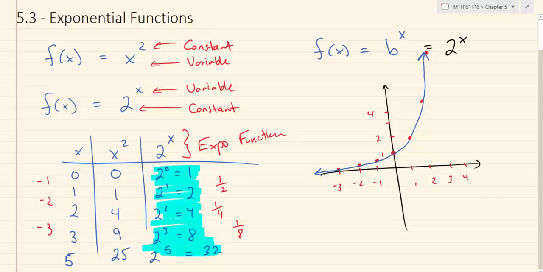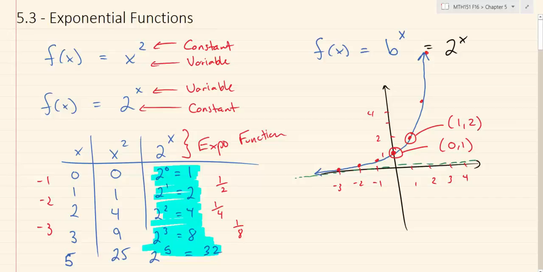How does that graph behave as you go out to the left? The y values get closer and closer to the x-axis, but they never cross it. So there's an asymptote there. A couple other interesting points on this. This point right here, this is 0, 1. The other important point is this guy,